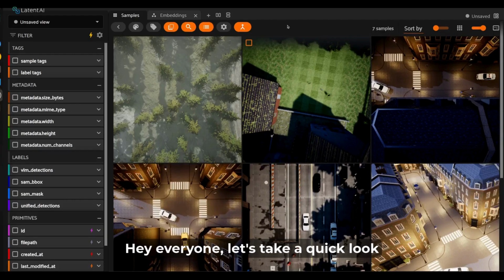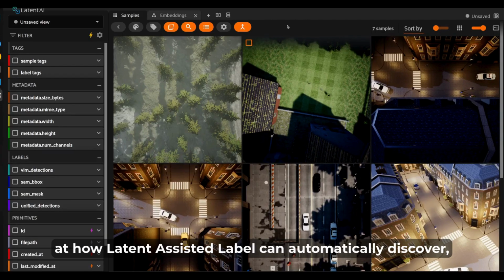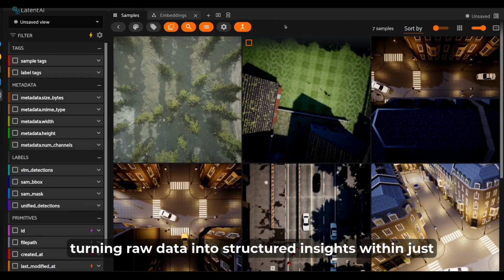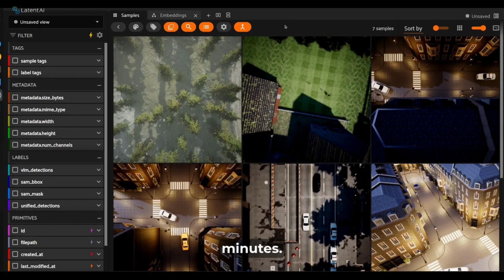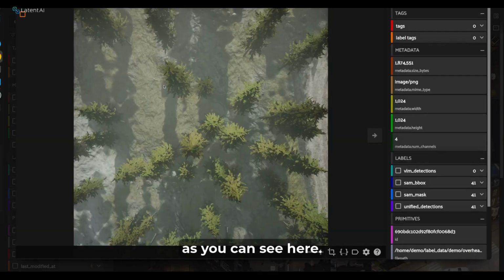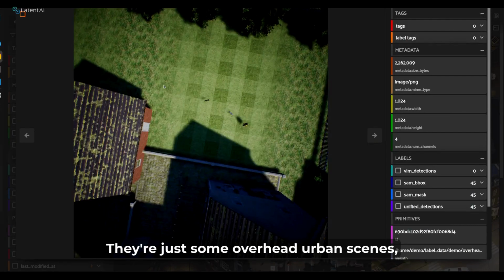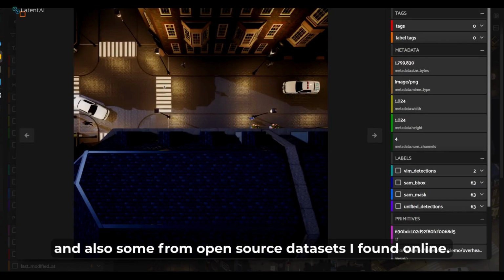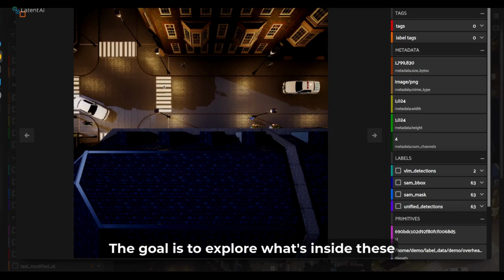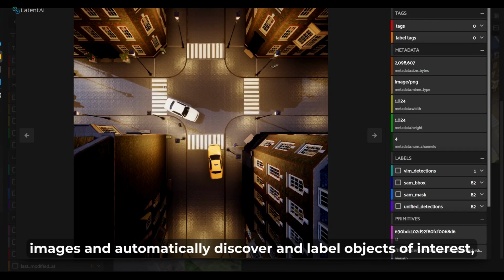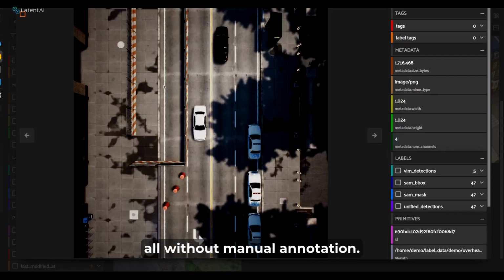Hey everyone, let's take a quick look at how Latent Assisted Label can automatically discover, detect, and organize objects in synthetic urban imagery, turning raw data into structured insights within just minutes. I'm starting here with a small synthetic dataset, as you can see here. They're just some overhead urban scenes. I've generated some from Omniverse using NVIDIA, and also some from open source datasets I found online. The goal is to explore what's inside these images and automatically discover and label objects of interest, all without manual